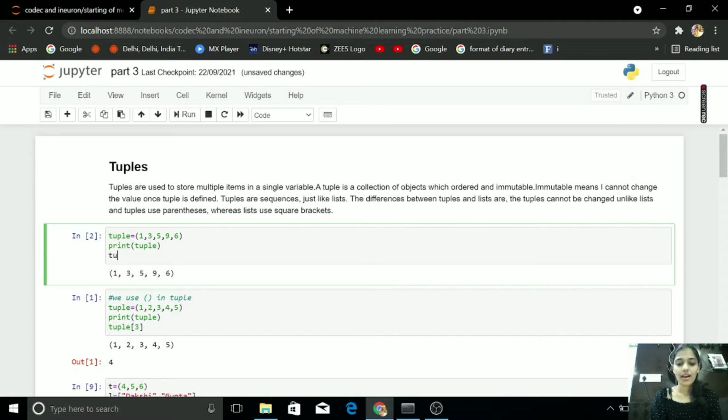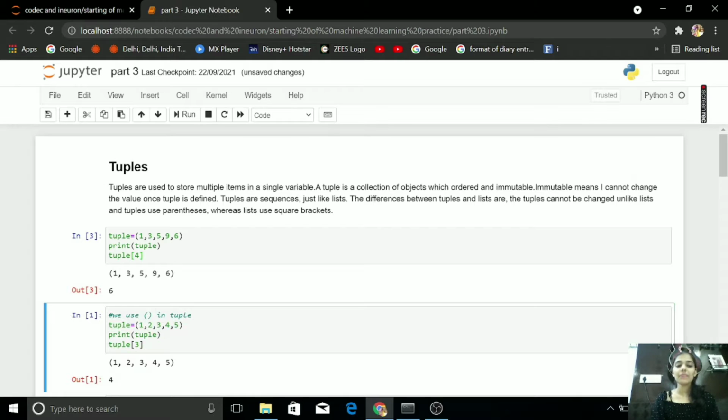If I am doing tuple of 4, I am getting 6. Why is 6 coming? As I told you before, 1 is index 0, 3 is 1, 5 is 2, 9 is 3, 6 is 4. That's why I am getting my output 6.